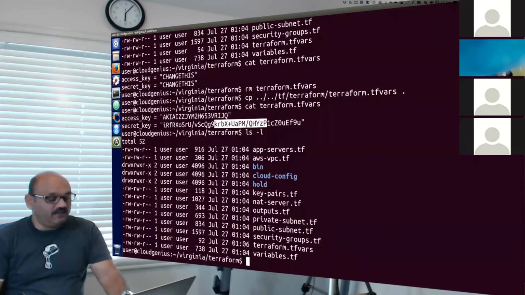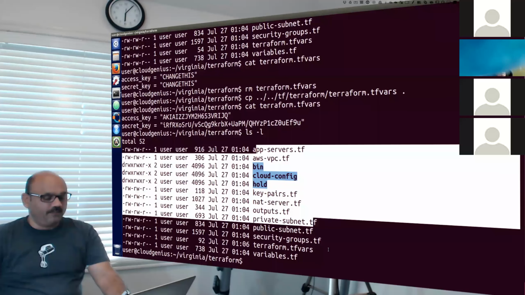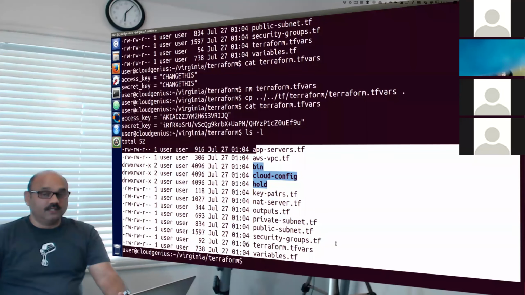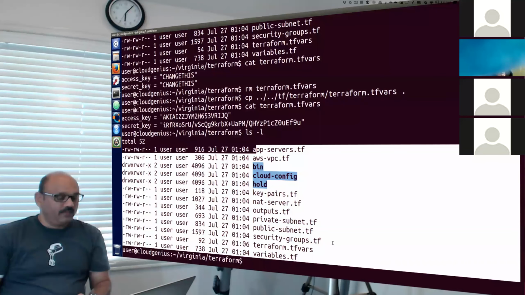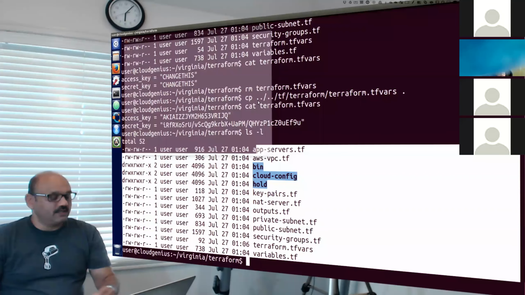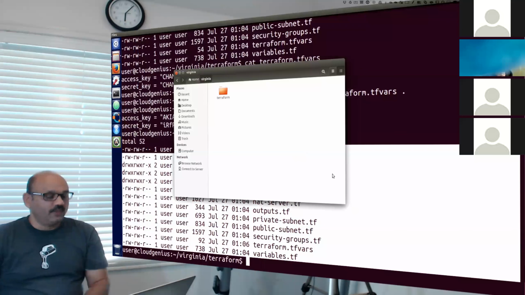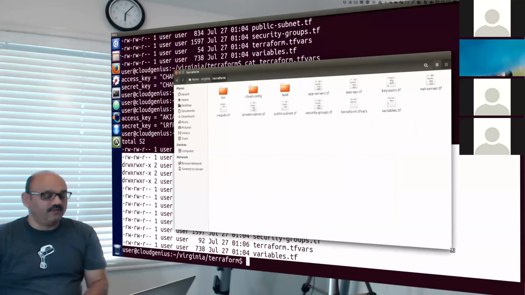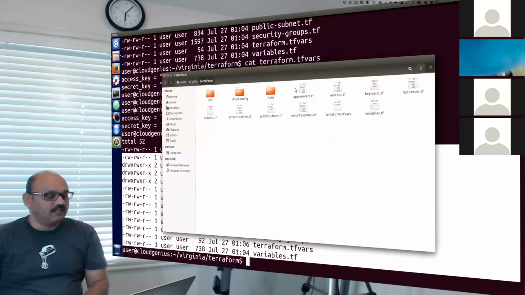So I have these files, a bunch of them. And what I will do, first thing, is get rid of all of them. So what I'll basically do is open the folder that we have here. And let's go to that Virginia folder we have created, which is this one. And then the Terraform folder inside. And let us get rid of a bunch of these files and move them away.